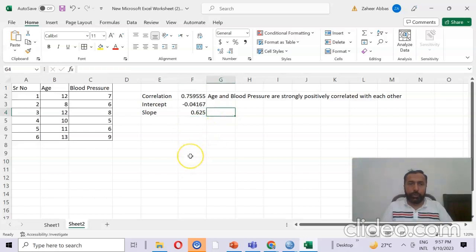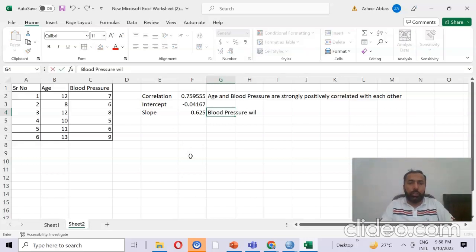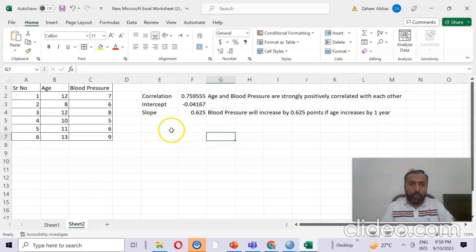So we will interpret it that slope is the change in the dependent variable when the independent variable increases by 1 unit. So here we shall interpret it that blood pressure will increase by 0.625 points if age increases by 1 year. Now we have the regression equation, so we can type here predict